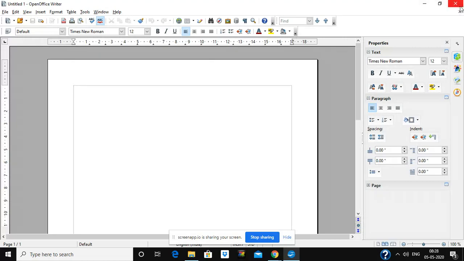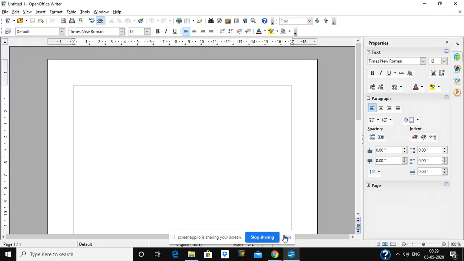And if you see on the top, we'll just discuss this window. On the top there is maximize, minimize and close button. This is minimize button, maximize and close button. So this area is called the title bar. In the title bar we have these three buttons, plus we also have the name of the application, that is OpenOffice Writer, and the name of the file, that is Untitled 1. So this is the title bar on the top of the window.